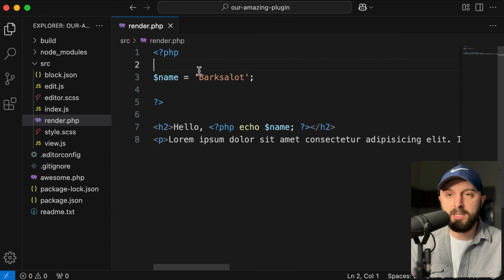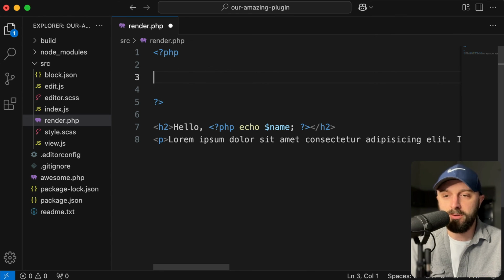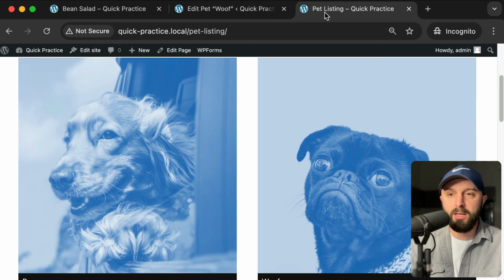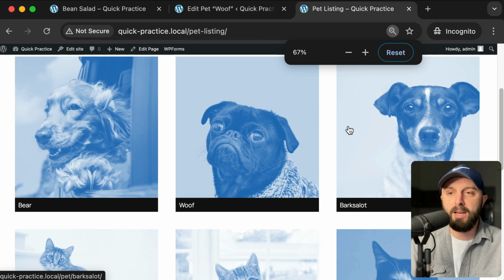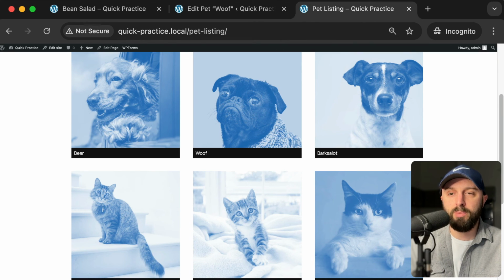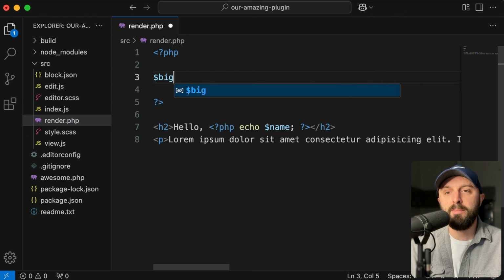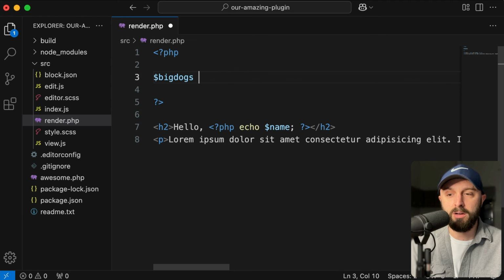So up here where we're inside PHP mode, you can get rid of name equals. And instead, you could say $, and let's imagine we only wanted to pull in the dogs that weigh 9 pounds or more, right? Or the cats that are below 8 pounds or something like that. So let's create a variable. Remember, it's just $, and then you could name it anything. Let's call it big dogs and pull in only the pet post type that is of dog, only where the custom field of weight is 10 or greater, so on and so forth. So we would say $big dogs equals, and then we're going to create a new instance of the WP query